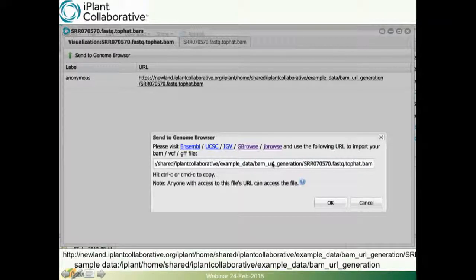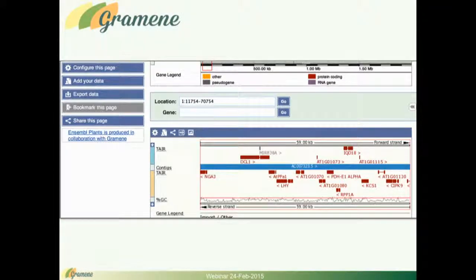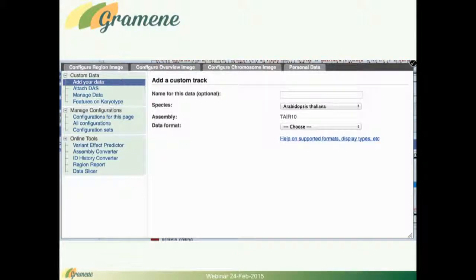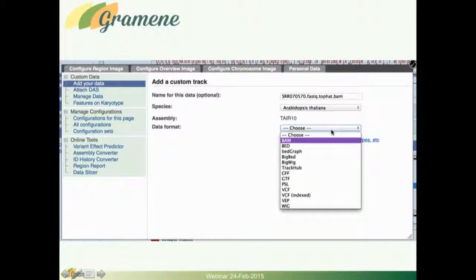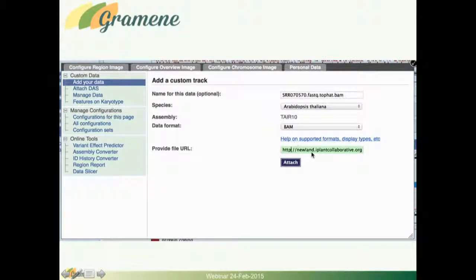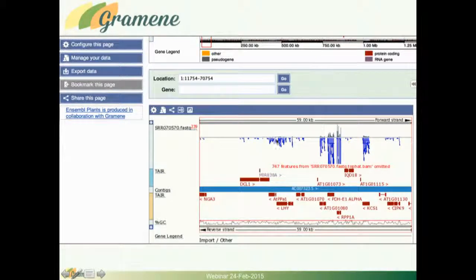and all you have to do is copy that URL, go back to the Gramene browser. This is Arabidopsis, and if you click add your data, that'll take you to this interface. You give it a name, you tell it what reference genome you're using from this drop-down menu. You tell it that this is a BAM formatted file, and you give it the URL. You paste it in, and you click attach, and whammo, the RNA-seq data aligned to Arabidopsis shows up on the